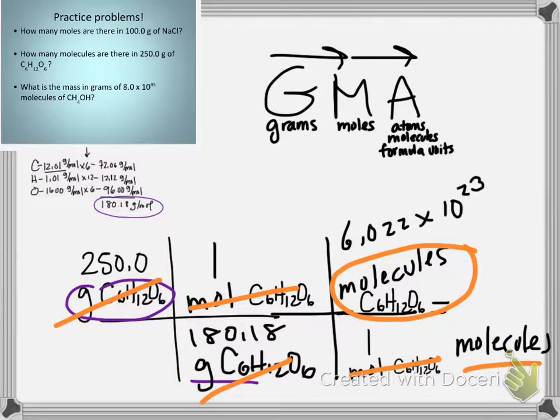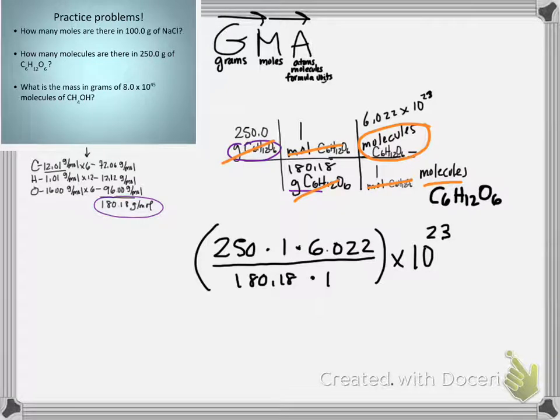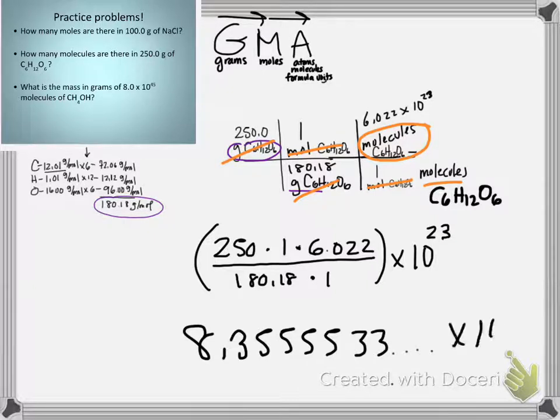So let's do the math. I've gone ahead and pulled out the numbers to make my math problem, taking all the numbers across the top, multiplying them, all the numbers across the bottom, multiplying them, and then dividing the top by the bottom. Multiplying that whole thing by the power of 10 that I found, and nothing else was raised to a power of 10, so it's just 10 to the 23rd. What that leaves me with is 8.3555533, on and on, times 10 to the 23rd molecules of glucose,